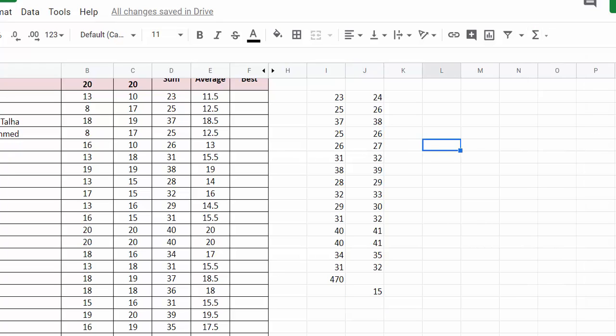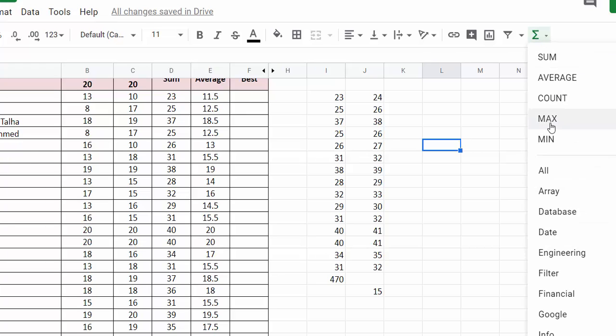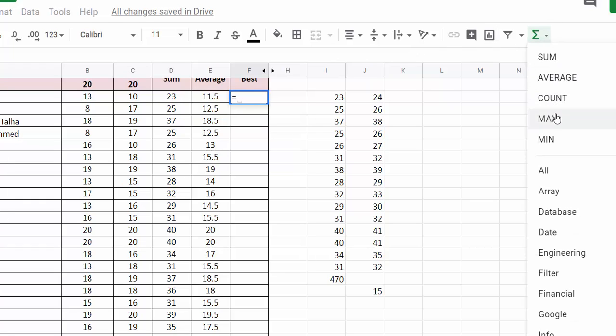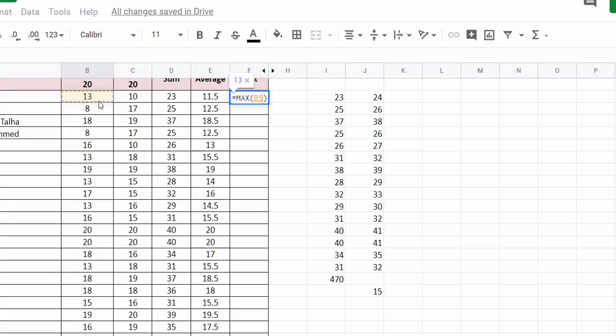Next function is to get the maximum value within a range. So function is max. So for example, I want to know maximum value between first two columns. I will say equal to, then select the function and select the range.